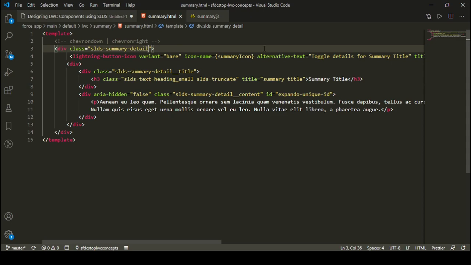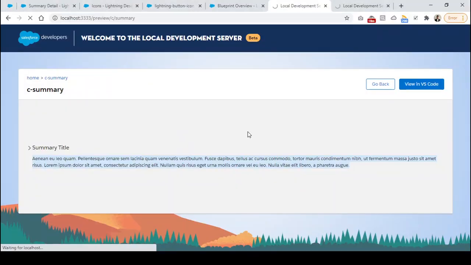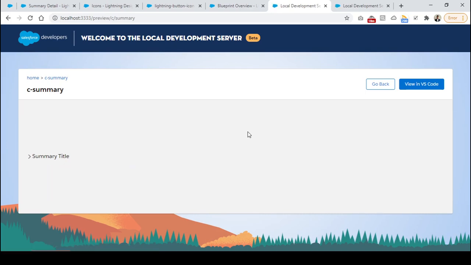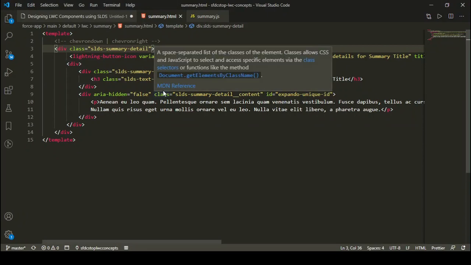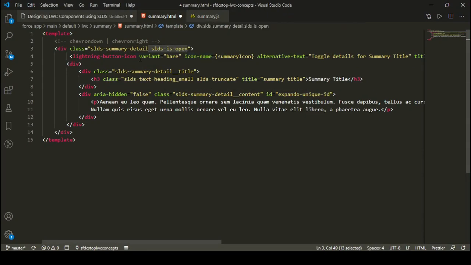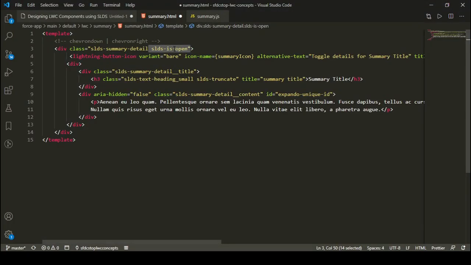Let's try that once. I'm going to save it, and let's see what happens. Yes, it is automatically hidden whenever that class is not here. If the slds-is-open class is here, it will show this particular div, otherwise it won't. So I can simply change or remove the class to hide the content.